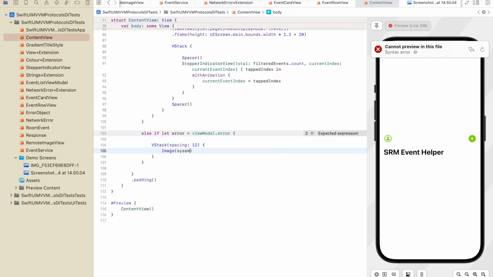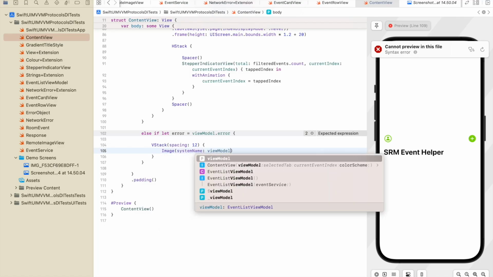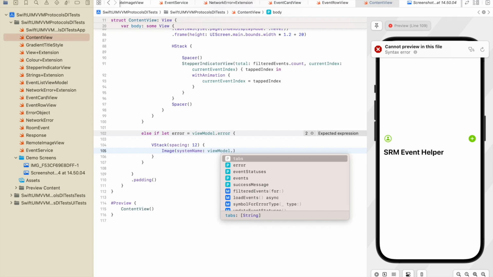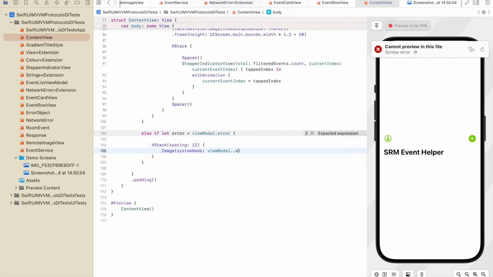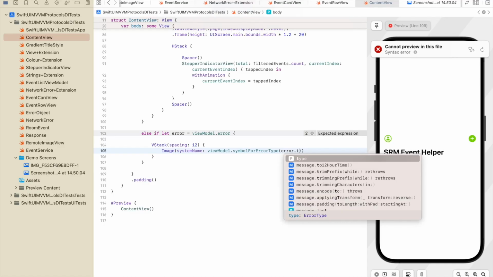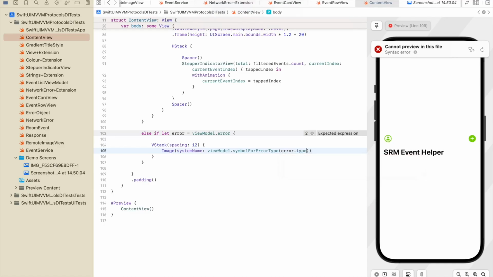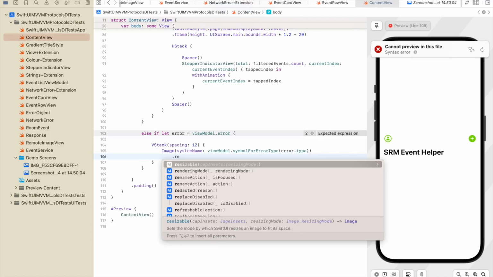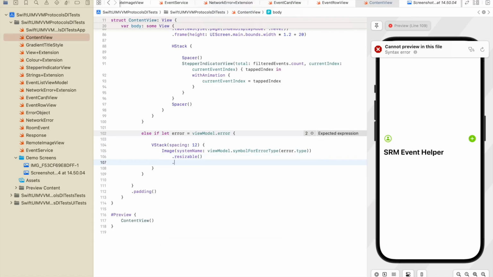Image system should be systemName, which will be model.symbol for error type, and this will get the correct system image for the error. Dot resizable, scale to fit,